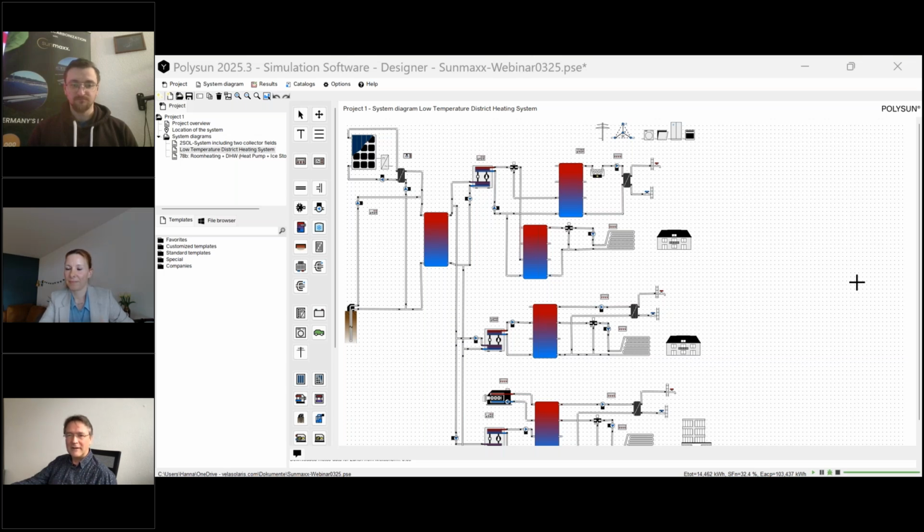And then there was a question, I might reply to this directly, concerning the controllers. So if controllers are really required, yes, they are required, and for a very good reason, because they are the brain of the system, and that's the way where you can optimize the system and where you can make it really different even with the same components. So we need the controllers, but don't worry too much about them. As I said, we have 1,000 templates ready-made, and they all come with controllers. It's not that they are missing, they're already there.